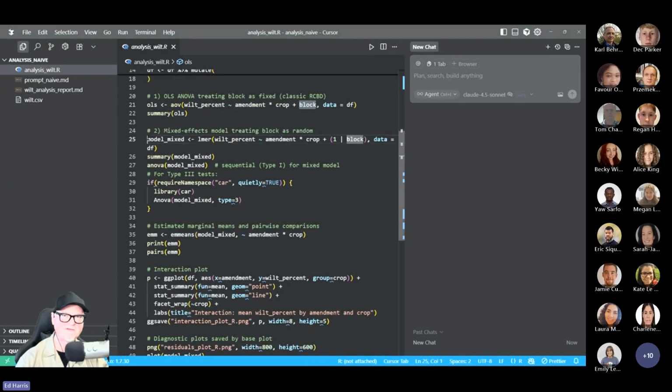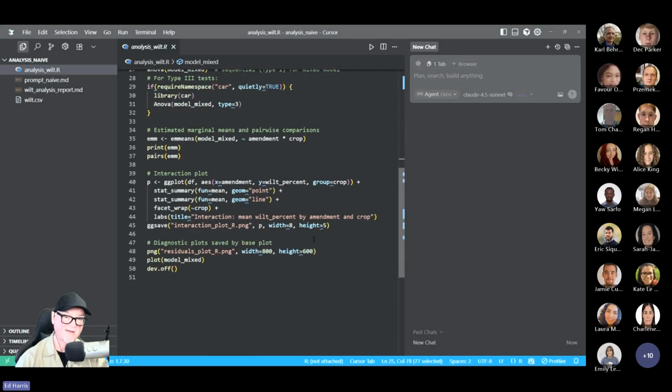Oh, it does have a mixed effects model in there. So it does have one. Oh, that's very interesting. So, hey, it did it on the free model. And we've got a plot. Let's see what the plot has got. It's a facet wrap looking at the crop groups, the wilt percent, and the amendment. So it should be several panels looking at that, and that's a nice way to do it. So let's look at their